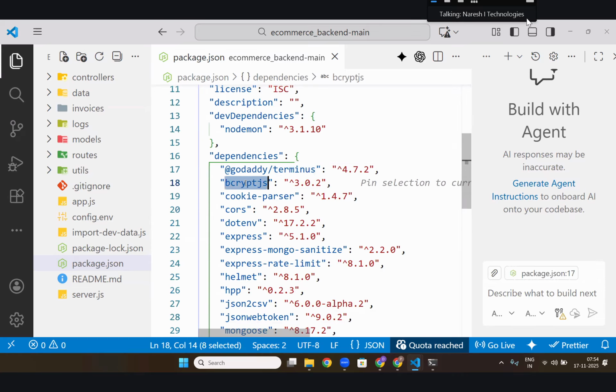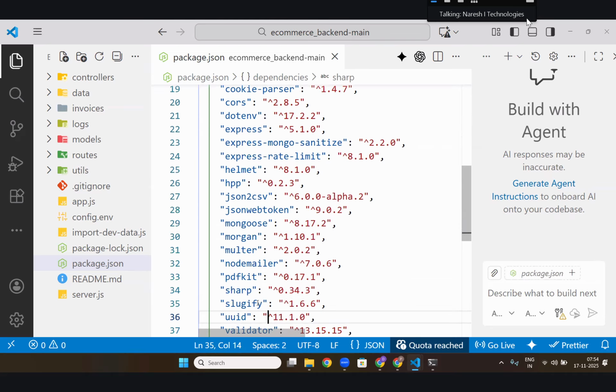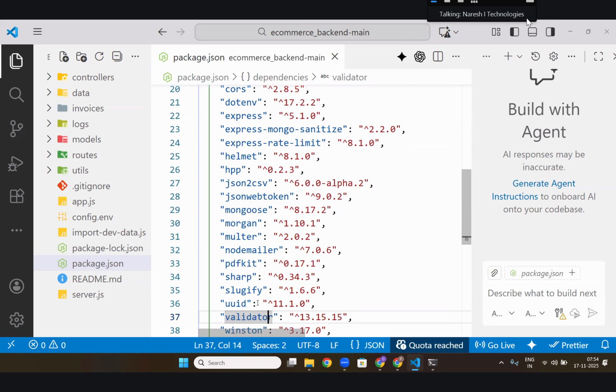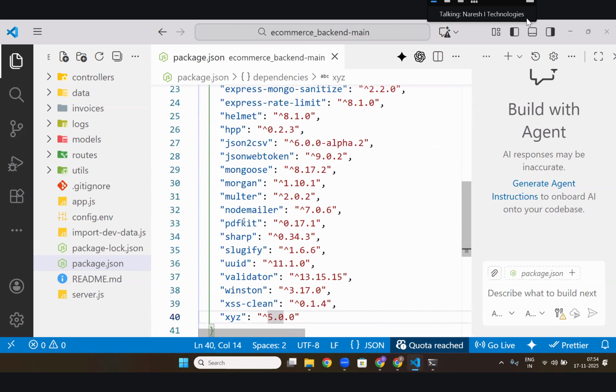He used bcrypt, cookie parser, cors, dotenv, express, express mongo sanitize, express rate limit, helmet, hpp, JSON to CSV, JSON Web Token, Mongoose, Morgan, Multer, PDF, Node Mailer, Sharp, Slugify, UUID, Validator, Winston, XSS clean, and so on.